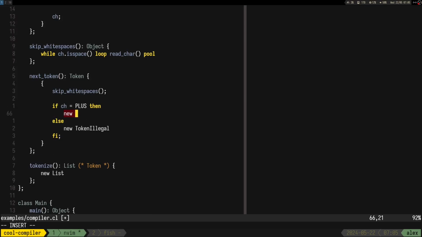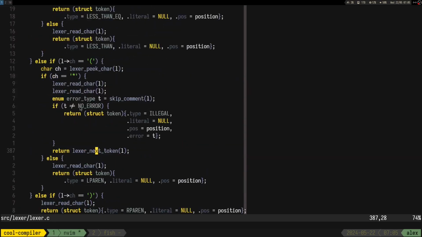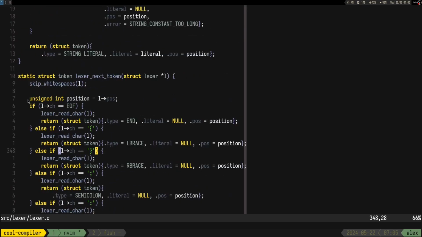Okay, new token plus. And sure, we have the position, so we can keep that, I guess. We also have to read char.